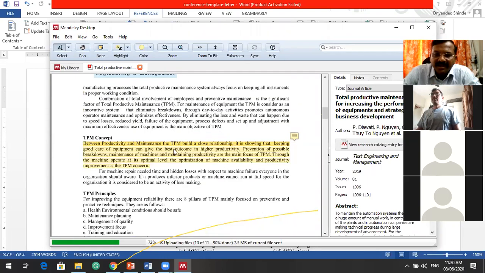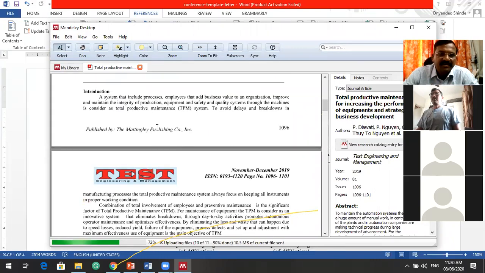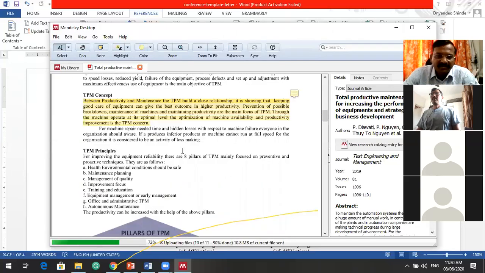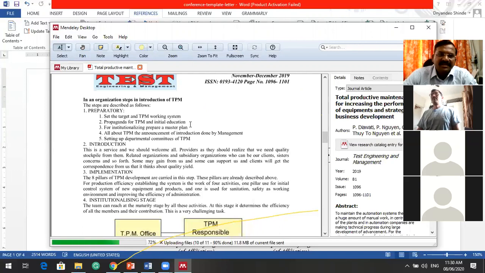So you can go on saving your notes in the references which you are managing. Reference files are readily available, notes and remarks, and whatever important part is there, you can select that also. So like this you can effectively use Mendeley.